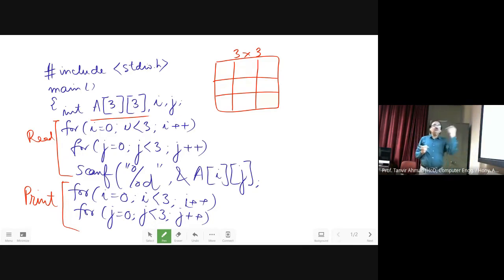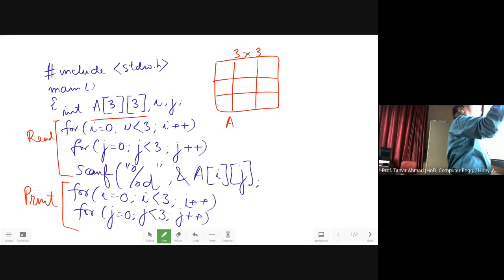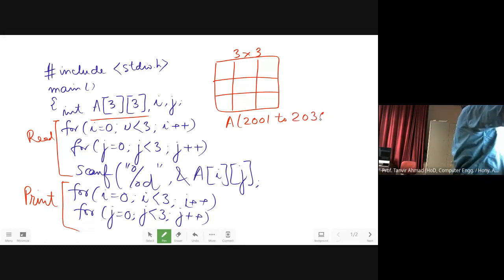Now when I allocate memory for the 9 elements, maybe this is A. The allocation maybe starts from, let us take an example, 2001 to 2036.